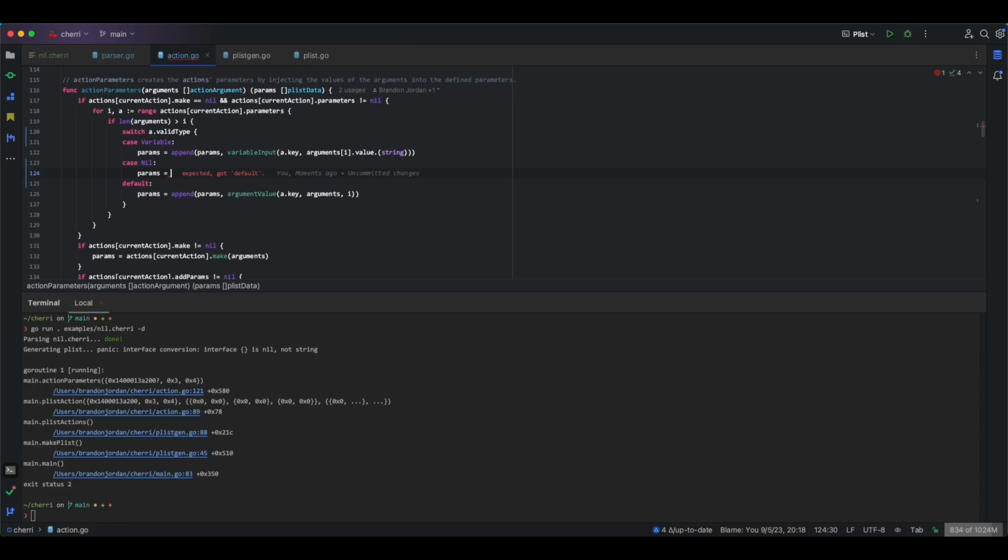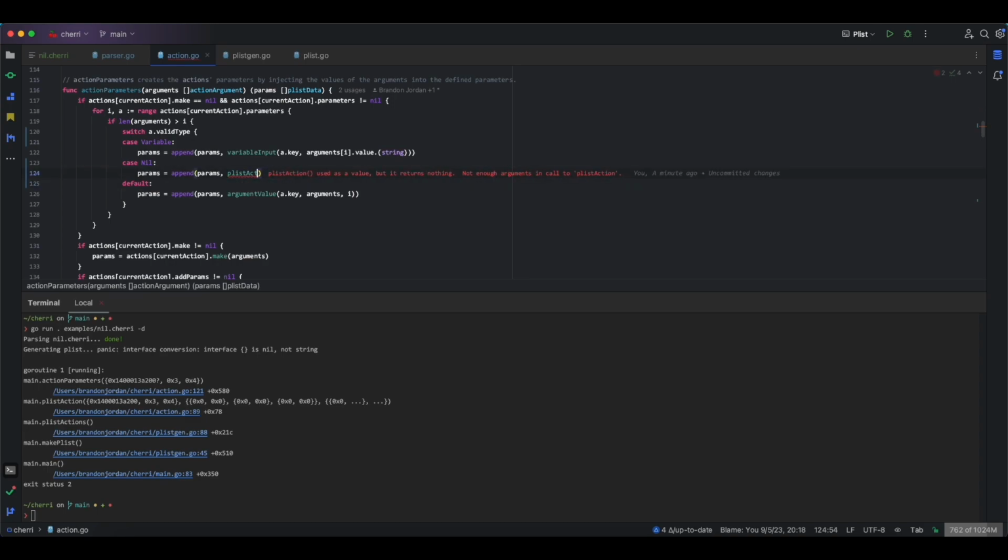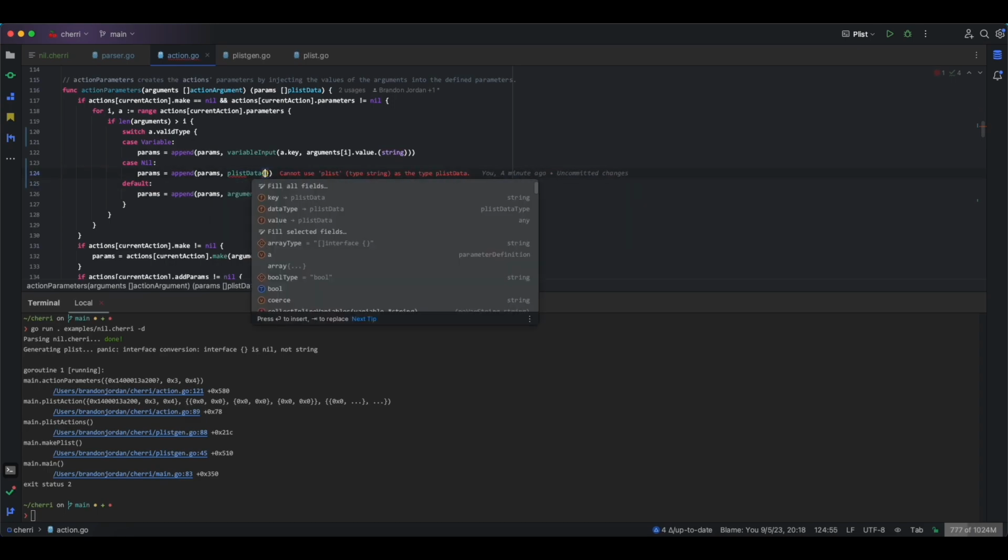Depending on the value type, for the parameter we'll create a value, but it'll be an empty value. So we're going to append to params a plist data,